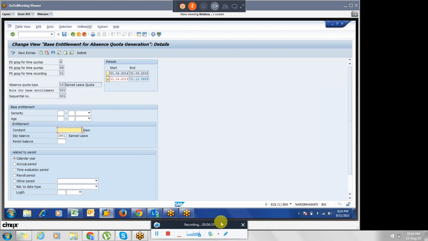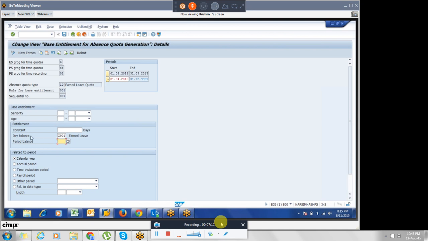If you want to generate some number through the usual process, these two fields are given for our time evaluation program. You can use either of the things. You can generate the quota based on day balance or based on period balance. Period balance is nothing but, if it is a weekly payroll, this time type we have to store in the SALDO table. That's what the tables will come to.